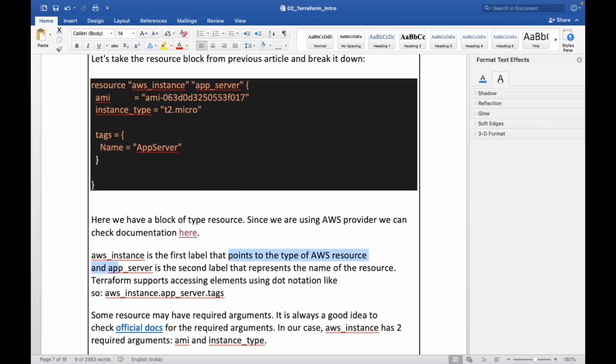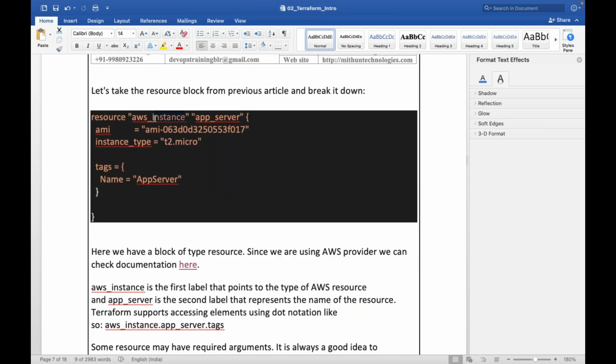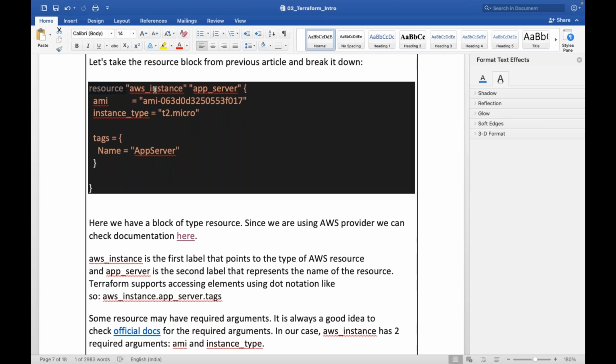What type of AWS resource is it? aws_instance, that is an EC2. And this one, app server, is the second label that represents the name of the resource in Terraform.